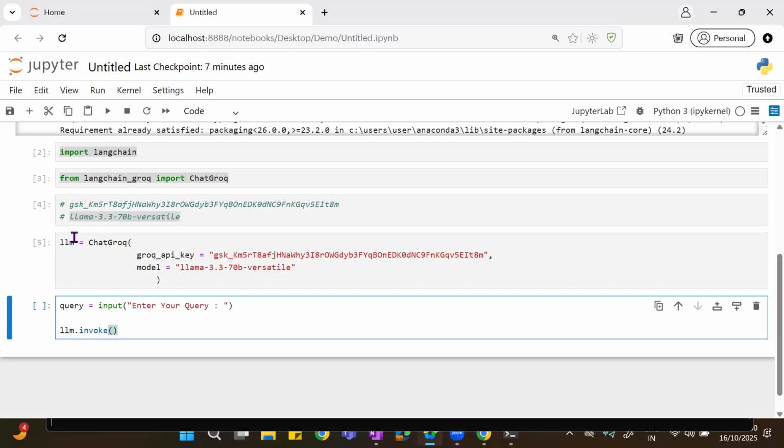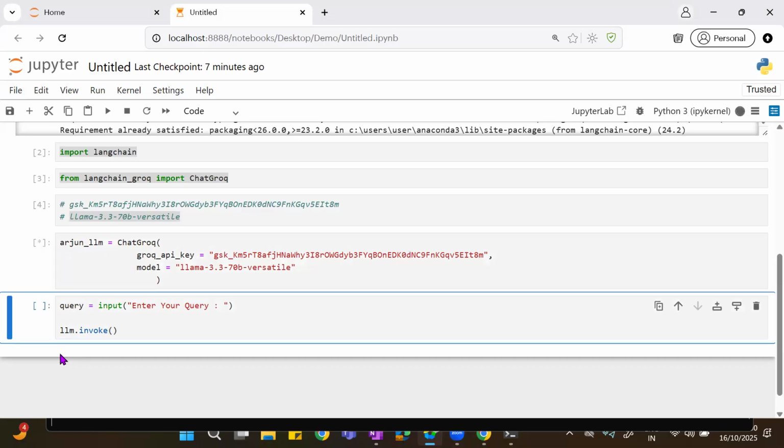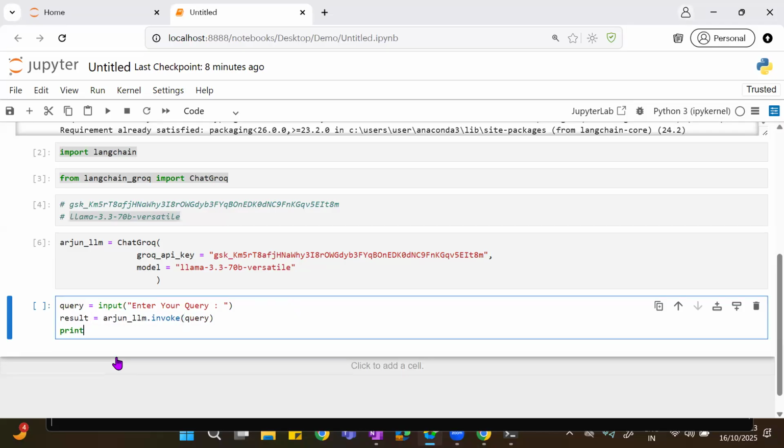I gave the name as LLM, but you can give any name, like Arjun LLM. It is not mandatory to use LLM. Now you pass on this query, and that will give us the result. You can see that result with print result.